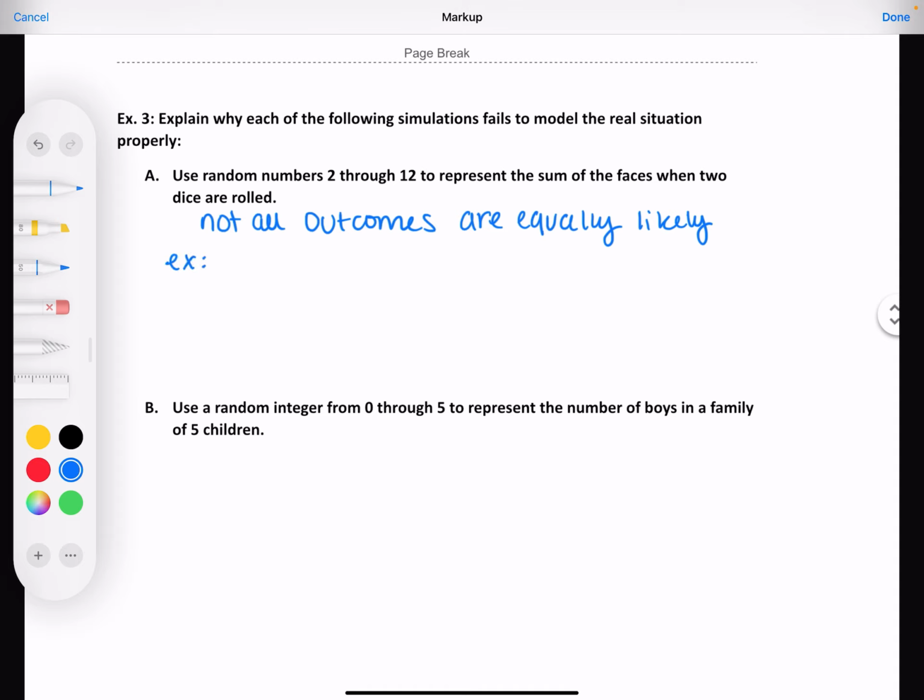For example, a sum of 7 is more likely than a sum of 2. I didn't even think of that. Maybe that's why I'm not thinking. What? This is really confusing.